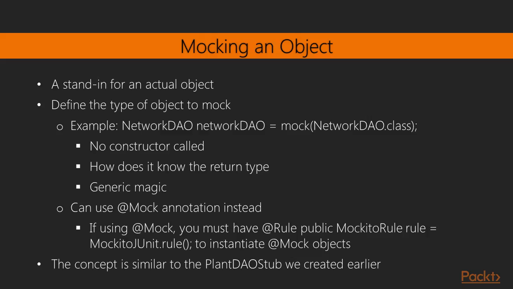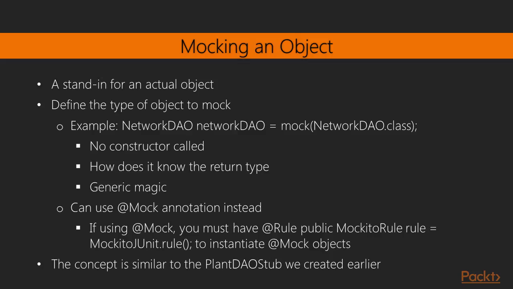So what is a mocked object? A mocked object is essentially a stand-in for an actual object, a substitute for an actual object. With Mockito, we have a few ways that we can create a mocked object. Let's think about our plant DAO and how it is accessing a network DAO. Look at the example line that I have here where I say networkDAO = mock(NetworkDAO.class). We're not calling a constructor here, are we? We're not. What we're doing is we're passing a type to a method called mock. This method called mock is a static method defined on the class called Mockito that we imported, as we discussed,